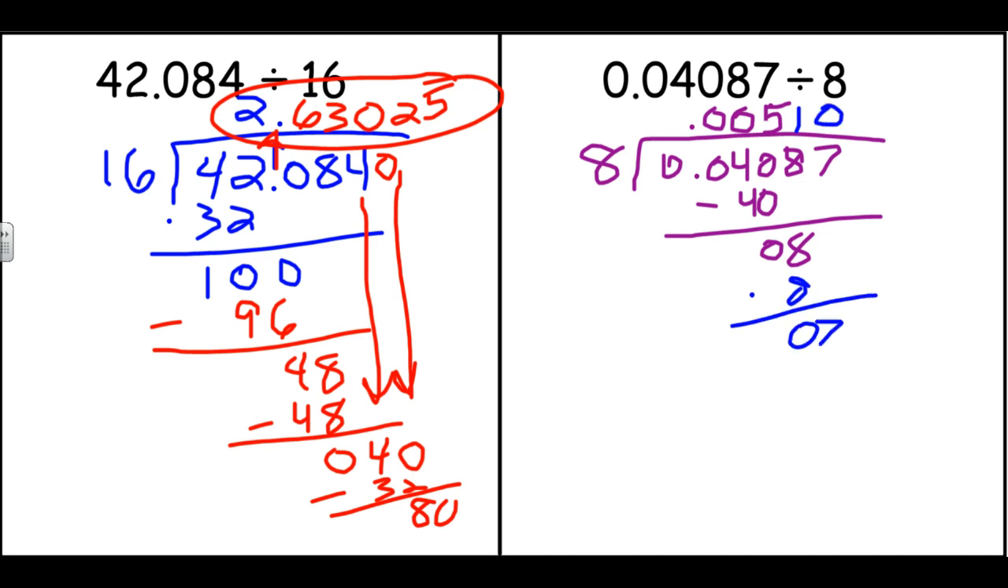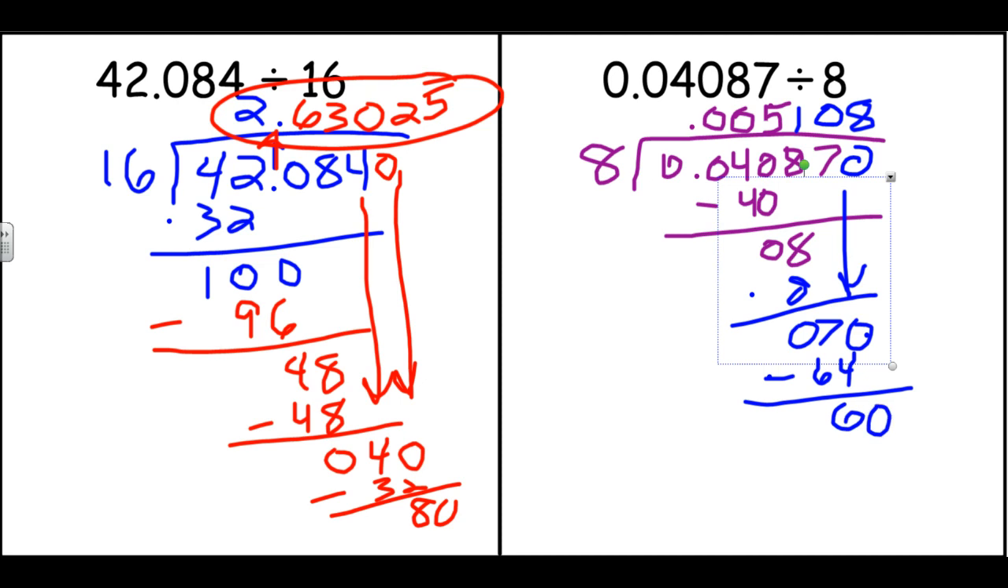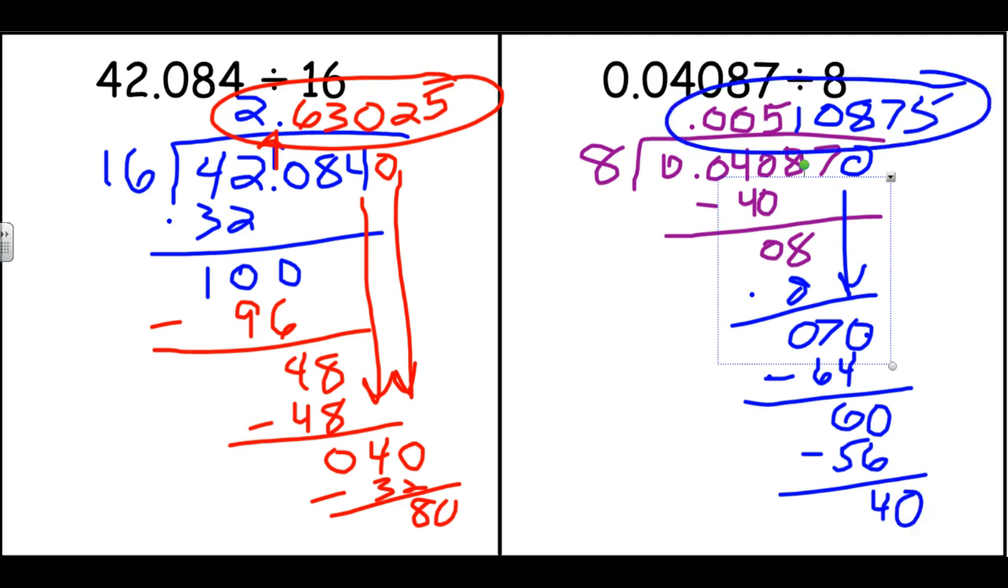Have a 7, doesn't go into 7, but now we drop another 0 for 70. 8 goes into 78 times, because that is 64. 70 minus 64 is 6. 8 goes into 67 times. 8 times 7 is 56. And 8 goes into 45 times. 8 times 5 is 40. So our quotient is actually